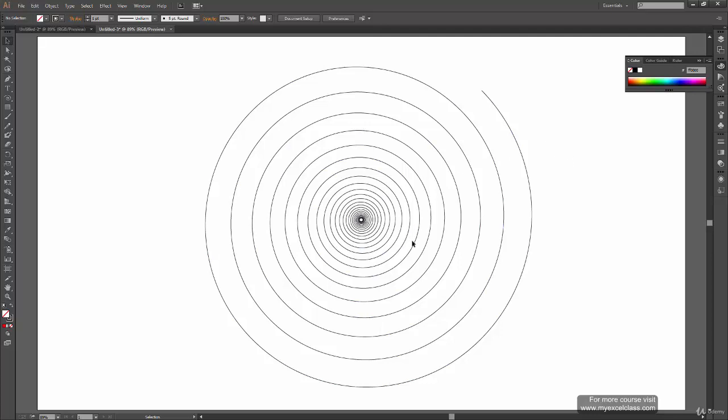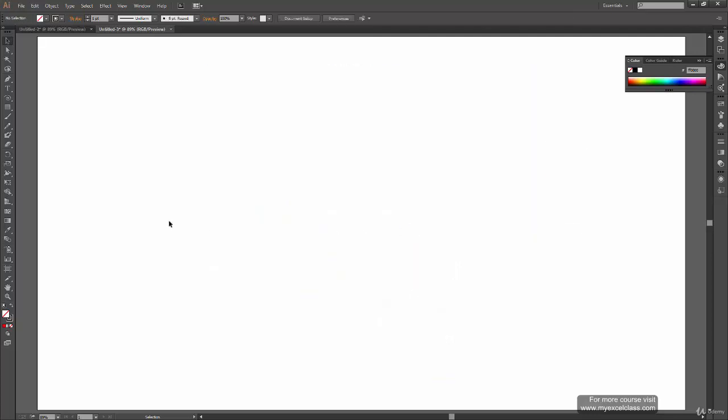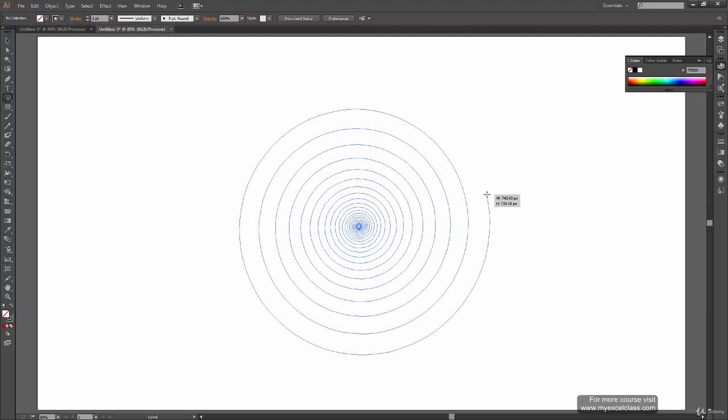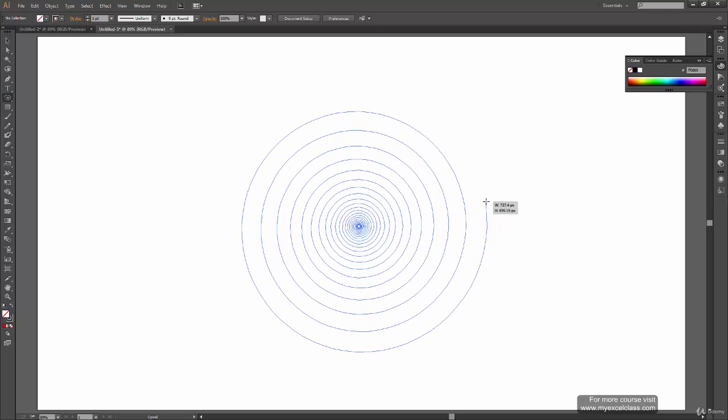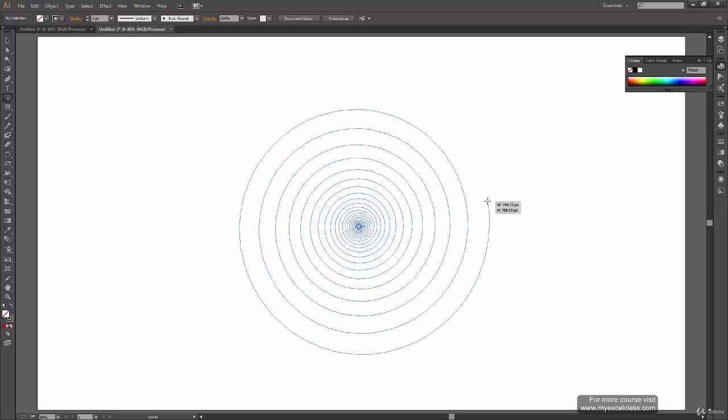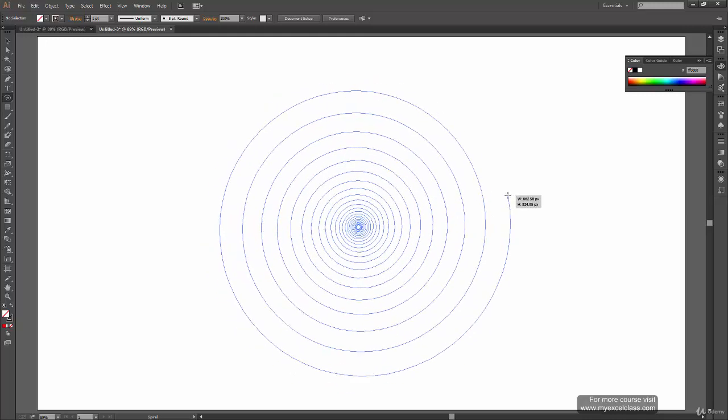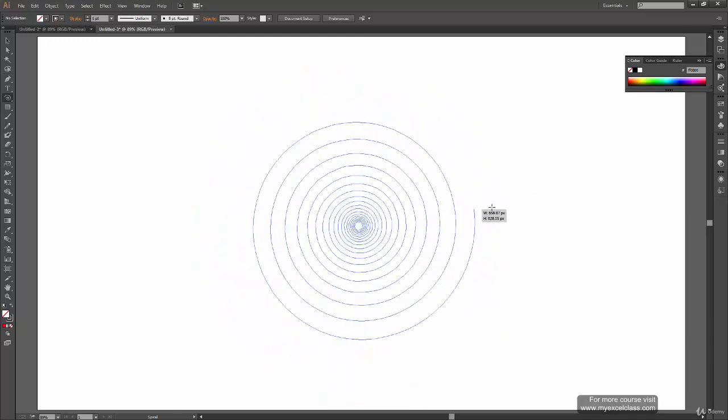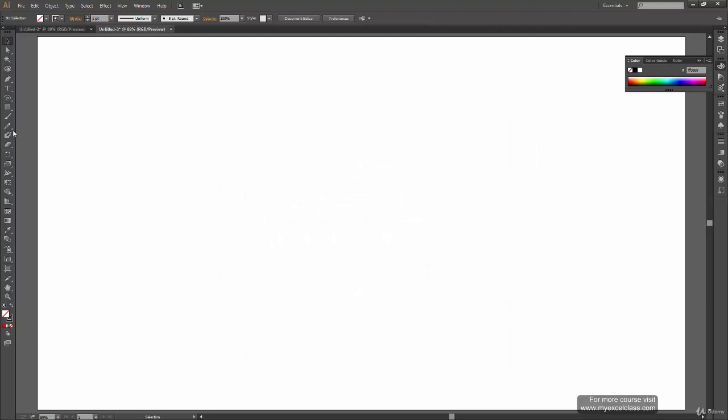Now Alt key doesn't work in this because if you notice when you draw a spiral, it's already expanding from all the sides. So the center is already at the point from where I started drawing. So even if you press Alt, it won't work at all. So let's see our next tool, which is the rectangle tool. Now we have already covered rectangle tool, but still I'm going to draw one or two shapes and cover options for rounded rectangle and ellipse tool also.